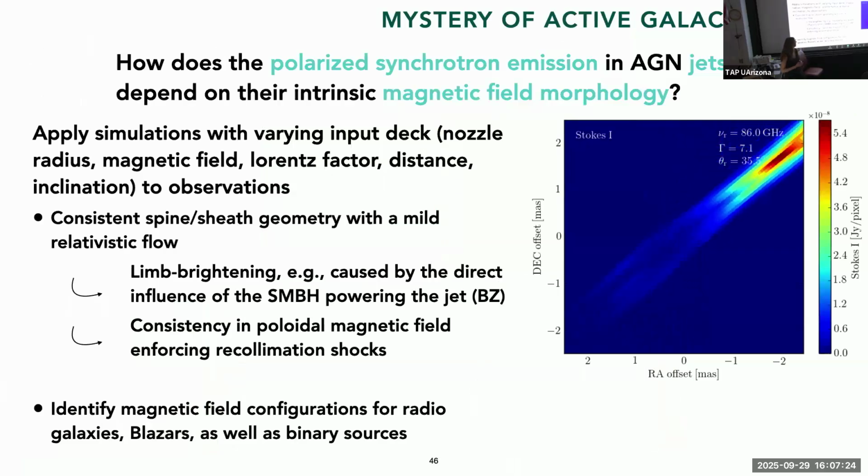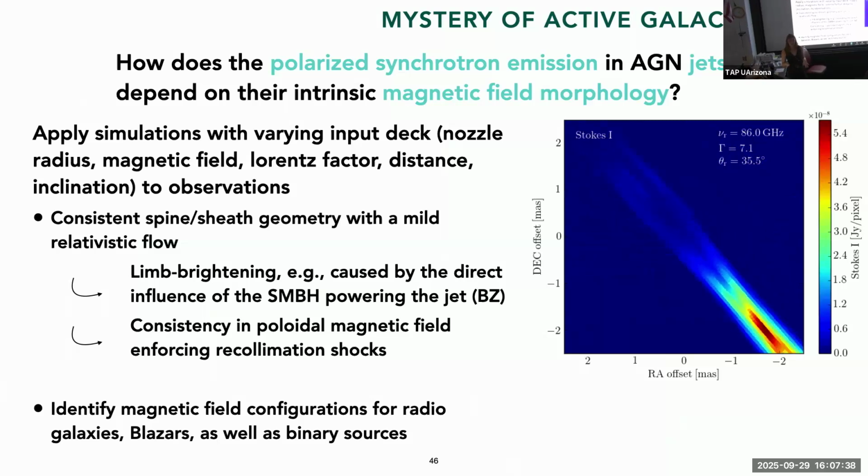So then I talked about the polarized synchrotron emission in AGN jets and the intrinsic magnetic field morphologies. We applied simulations with various input decks. So for example, the jet knows the radius, the magnetic field, the Lorentz factor, so the speed of the jet, the distance to the jet, and the inclination. And we found a consistent spine-sheath geometry with a mildly relativistic flow